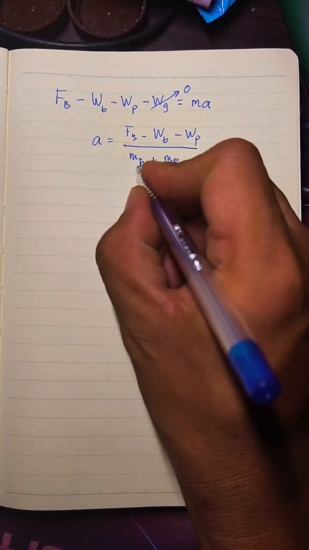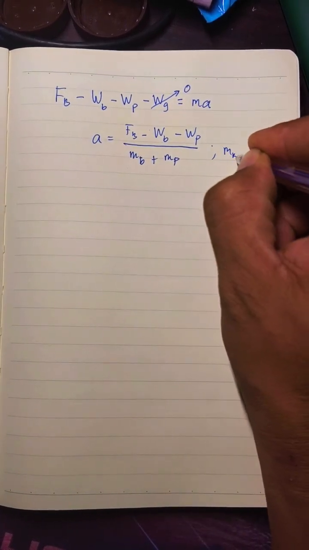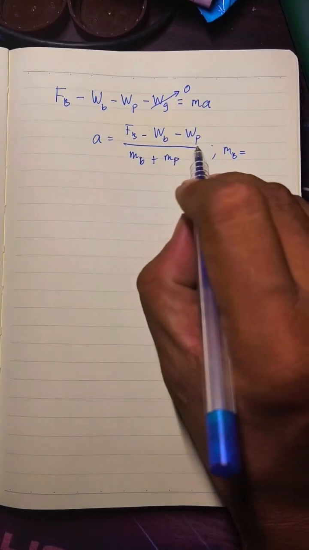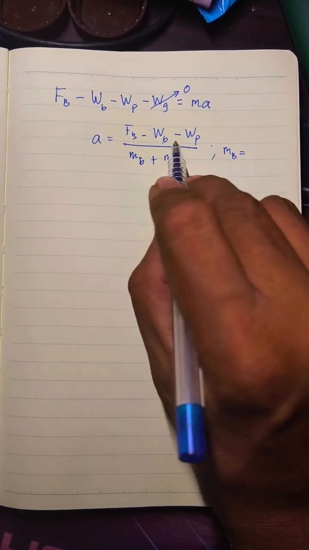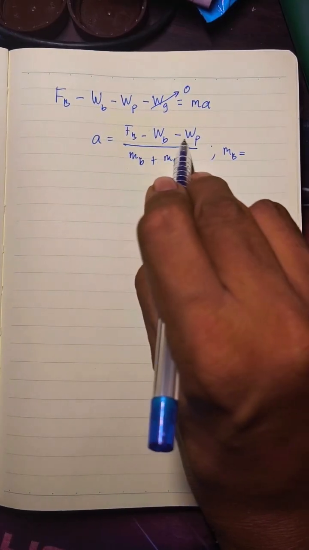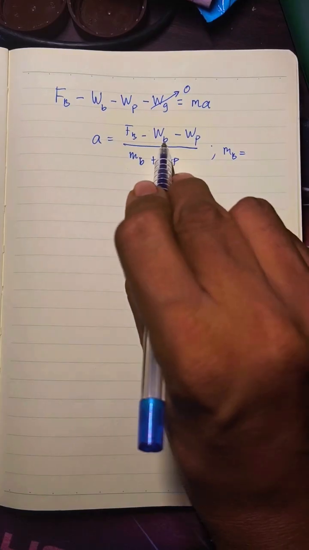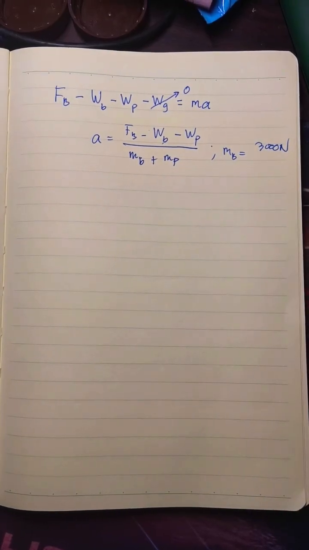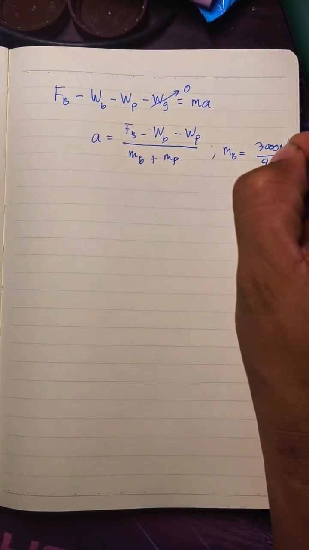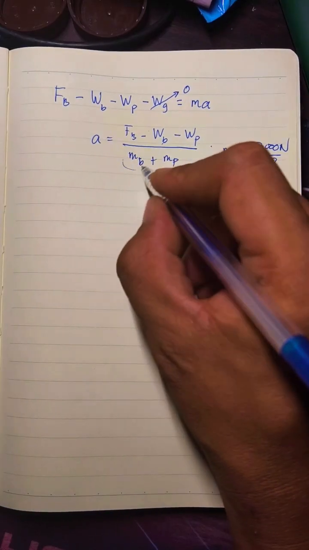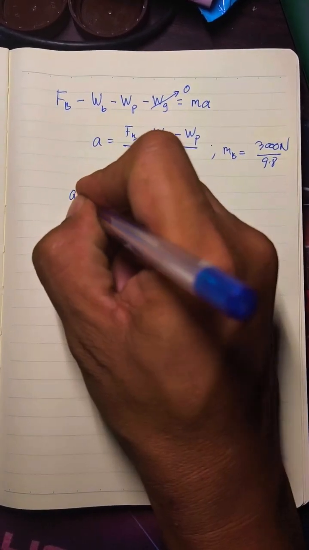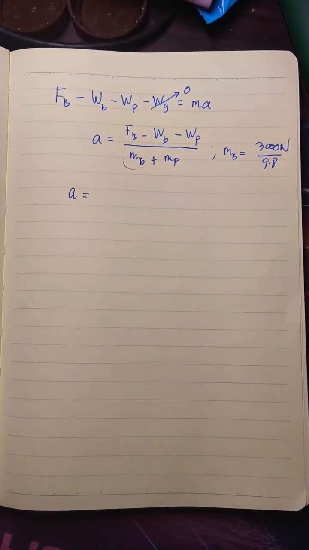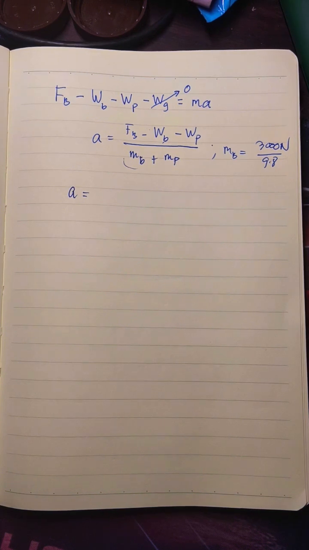Notice that WB is just equal to 1,000 plus 2,000, that would be 3,000 newtons. We divide this by 9.8, so we obtain this MB. Now we can calculate the acceleration. It's just equal to